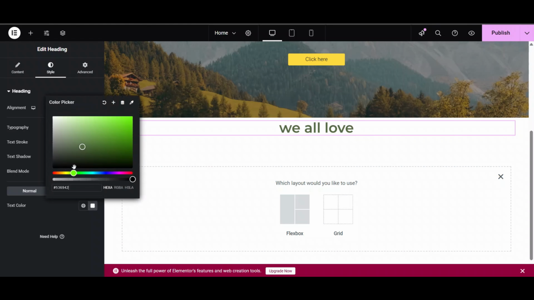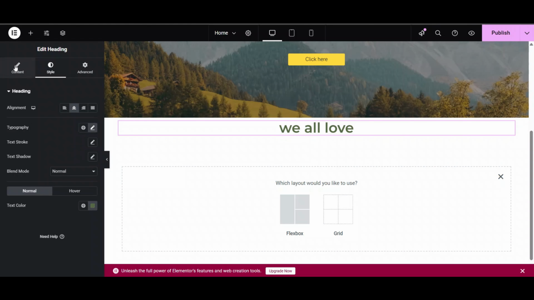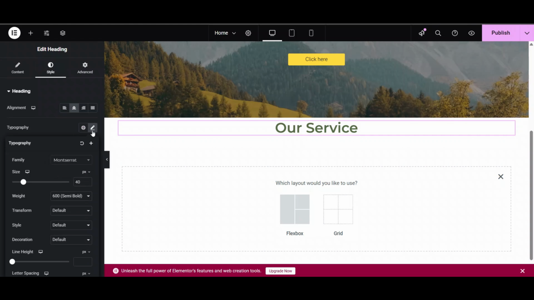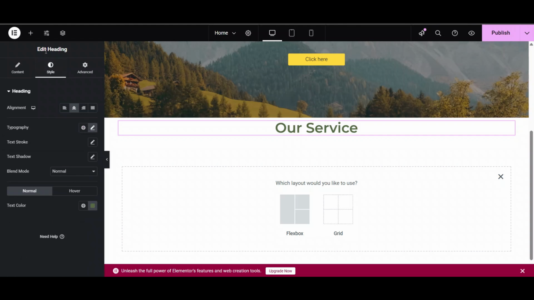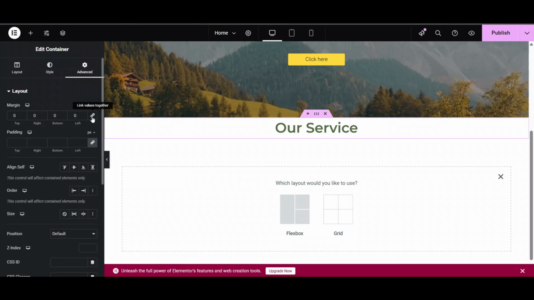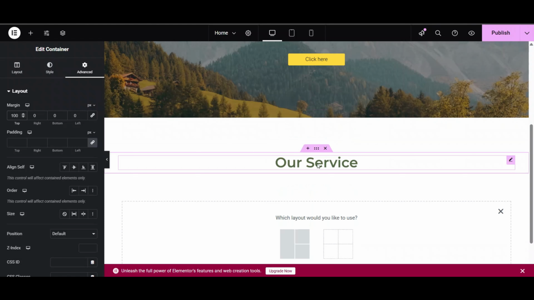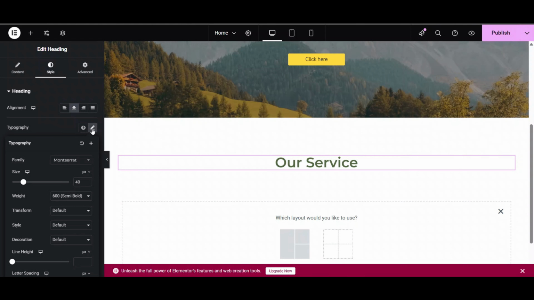Here, change the color. We have changed it. Change the text. We are not using that same font. If you want, you can just change the font family from here. Now it's our service. Now I will add margin from top so that it will look better. It's 100. And one more thing, I will make it a little bigger.